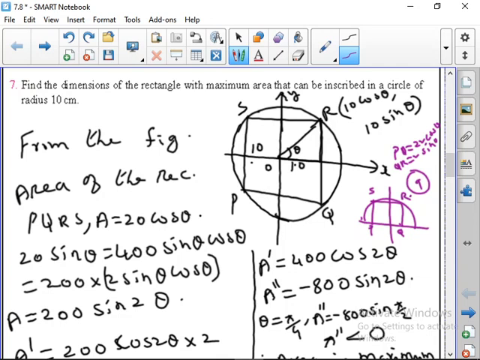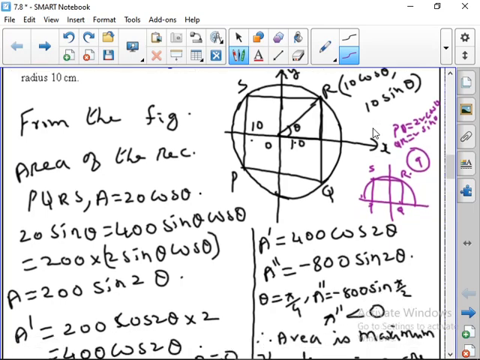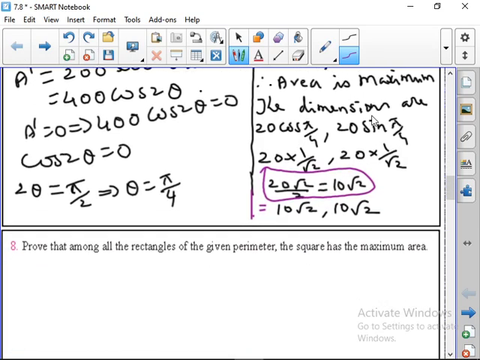Okay, take it like this and do it the same as the 7th question. You will be able to do it. So do that for homework. The 9th question is for homework.